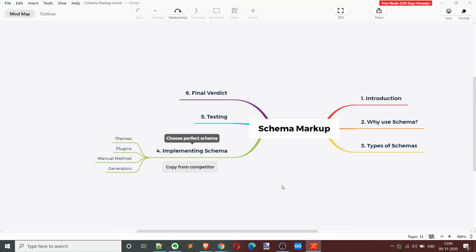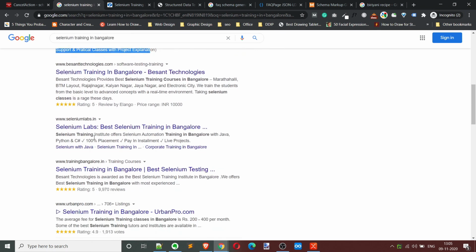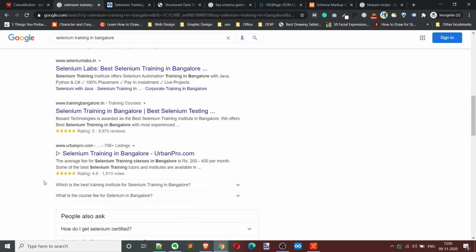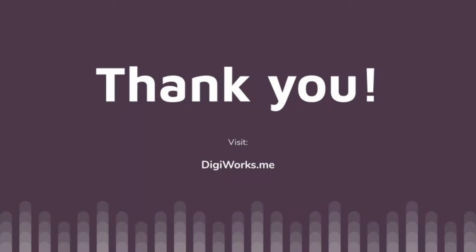Final thing is, you won't always be able to achieve this kind of schema. For example, I have tried a lot with this website, but it never showed this kind of schema, but it is showing some sitelinks. Those are also useful, right? This is also a schema, but I couldn't show this one for this particular website. I don't know why, but sometimes it doesn't work. You have to accept. But if you add the right schema markups for all the important pages and posts of your website, Google will understand your website better, and some of the pages and posts will receive this kind of rich results, right?